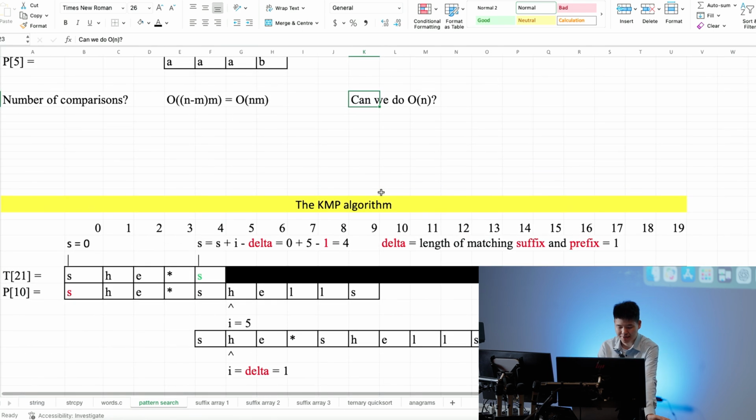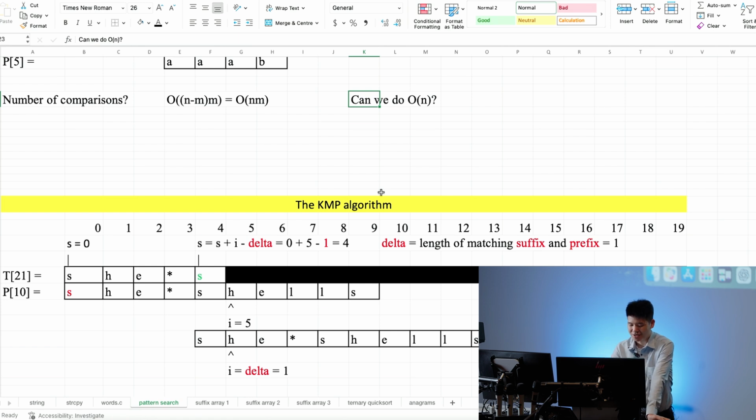And to achieve that skipping, let's look at our solution called the KMP algorithm, named after famous computer scientists Donald Knuth and Morris and Pratt. KMP algorithm. And Donald Knuth, by the way, is a Turing Award winner. And Shannon introduced Alan Turing in his last lecture. In the computer science discipline, the top award, we don't have a Nobel Prize, unfortunately. The top award that any computer scientist can win is what we call the Turing Award, named after Alan Turing. Well, technically, last year's Nobel Prize actually goes to a few computer scientists, but not for their contribution to computer science, their contribution to neural networks, which is still computer science, right? Artificial intelligence. Anyway,